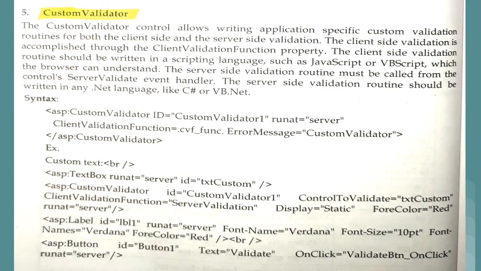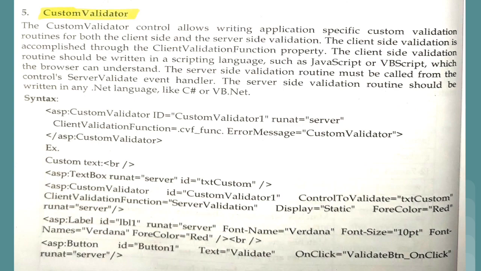The last validator control is the custom validator. Basically, whenever you don't want any default validation and you want to write code for the validation, in that case you can make use of the custom validator. Like for age, we have seen the range validator, but suppose you don't want to use it. In place of that you want to create your own code which will not allow values less than 18 and greater than 100. For that you can write your own code, but whenever you want to write your own code we have to make use of the custom validator.